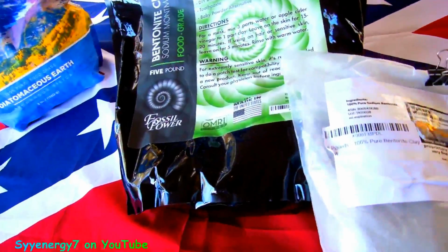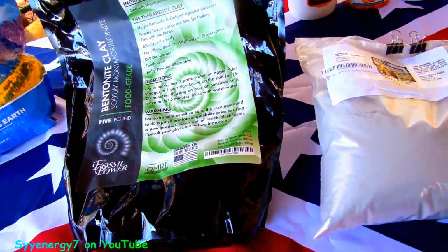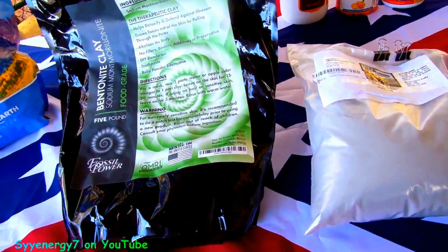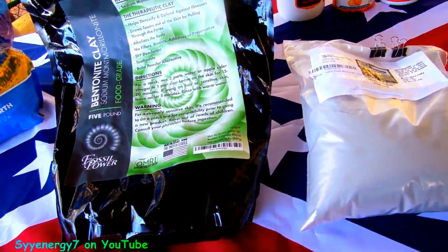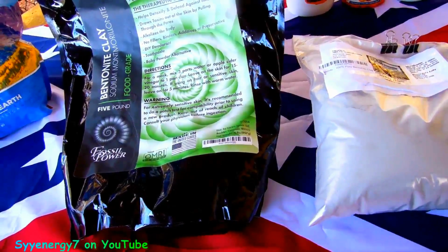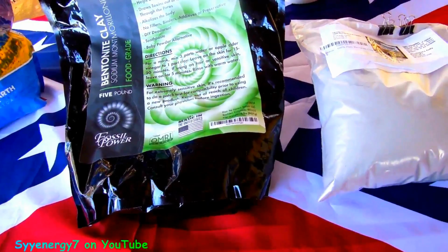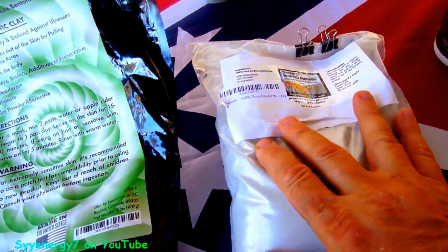Now, one of the things I was thinking about with this, I do take trace minerals sometimes, but this is probably a far cheaper way to take trace minerals. I think you could take trace minerals through pure molasses, or through your own home garden grown food, where maybe you put fireplace ashes on your home grown garden food, and you'll get trace minerals that way. But this is probably the cheapest way to get trace minerals, and there's like over 70 trace minerals out there